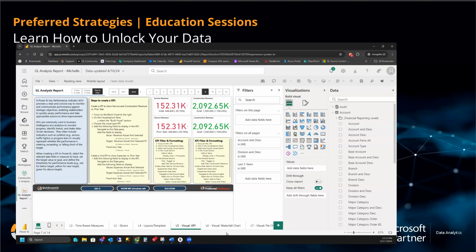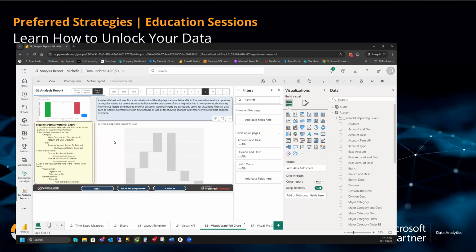The next thing we want to do is start building the pictures with our data. And the first one that I want to look at is the waterfall chart. So the waterfall chart allows us to analyze variance values typically, and see how across any given category, that cumulative is going to affect the whole value. So if we're looking at our waterfall chart, I can compare in this case,